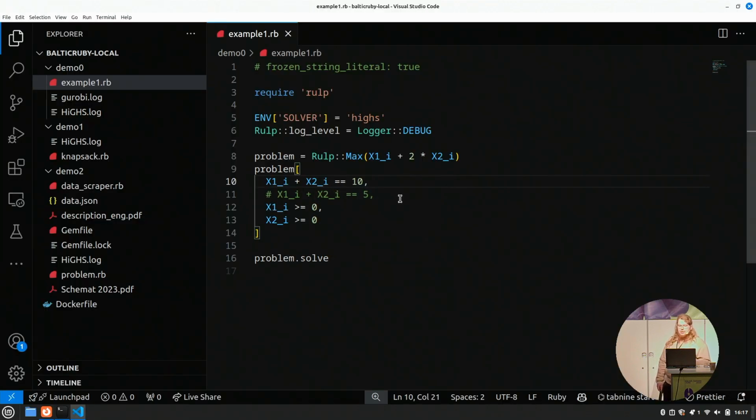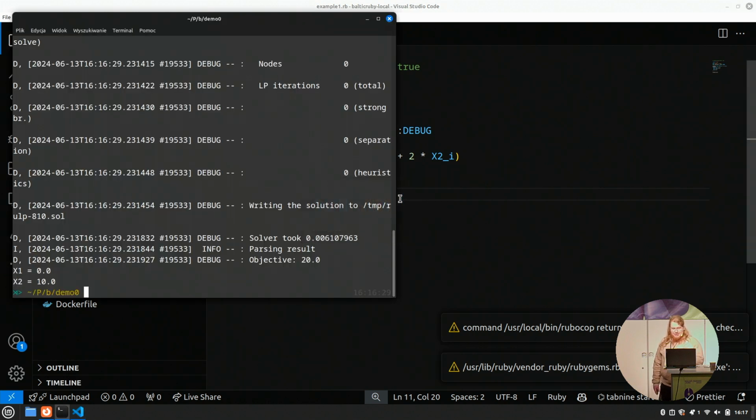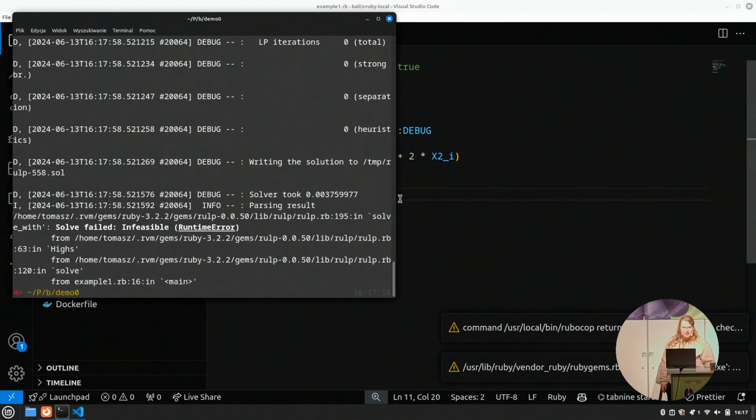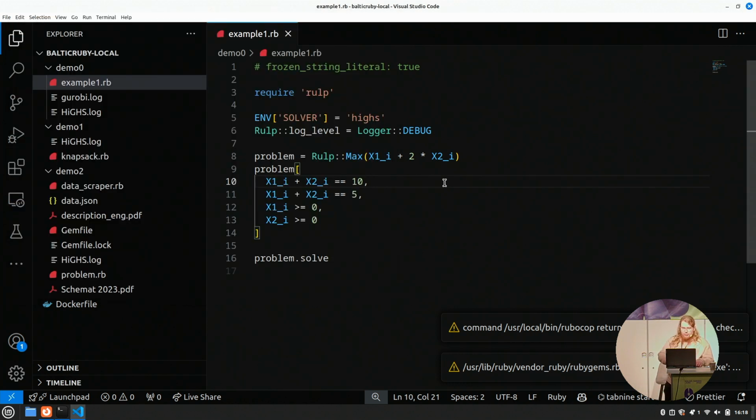So, for example, now the sum of the x1 and x2 that are both the integers needs to equal 10, but we are adding another constraint, so currently they need to be equal both 10 and 5 at the same time, and it's not possible as 10 does not equal 5. So let's try. Yeah, and we got the solve-failed infeasible result,